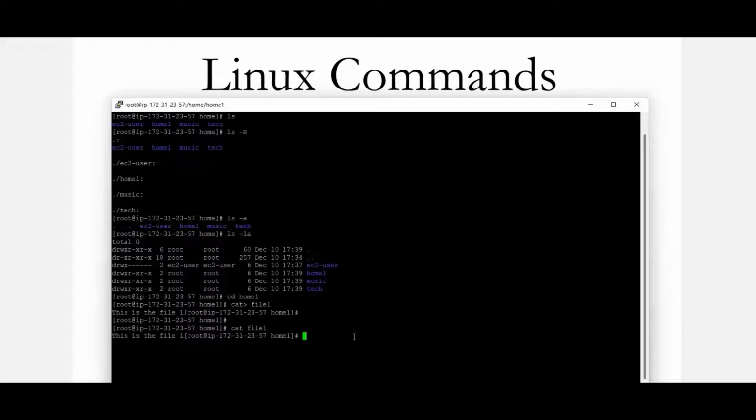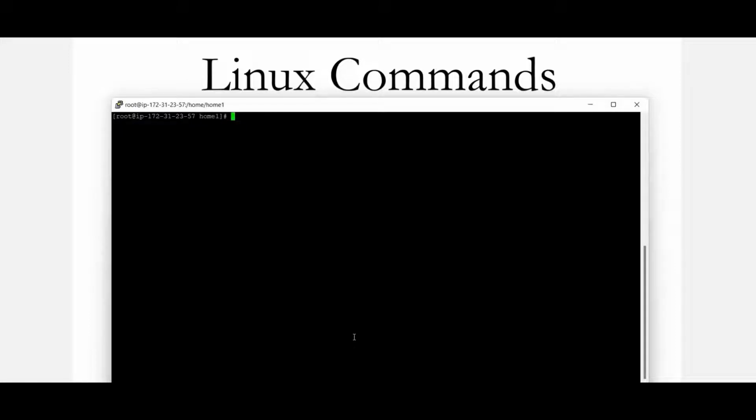First we will create another file with the name file2. This is second file. Now let us check how many files we have in this directory. We have two files, file1 and file2. Now what we have to do, we have to join these two files and store the output in the new file. So for that we'll use the command cat file1 space file2 and give the name of your new file in which our output will be stored, that is file3.